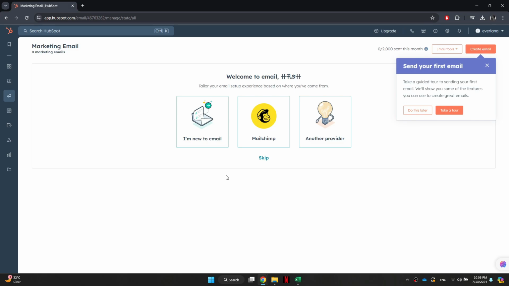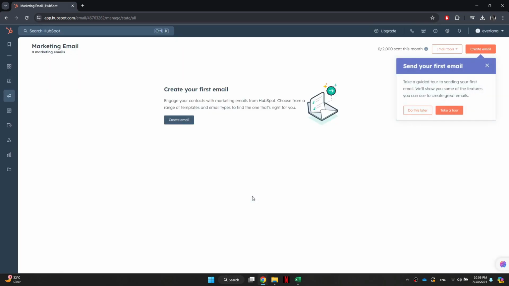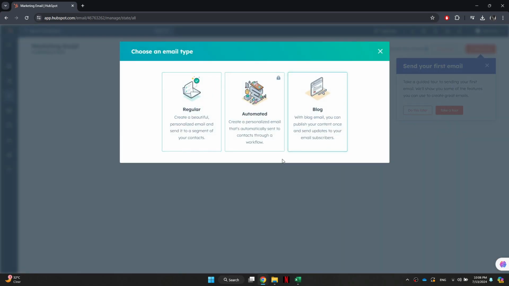Now select the I'm new to email option and skip the next step. After that, you will be able to start creating your own email template if you want. For that, click on the Create Email button and a bunch of options will be displayed. Simply click on the first option